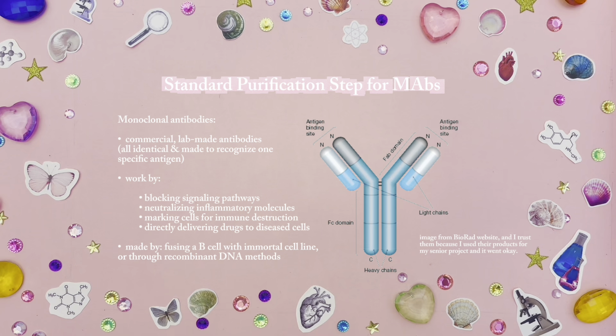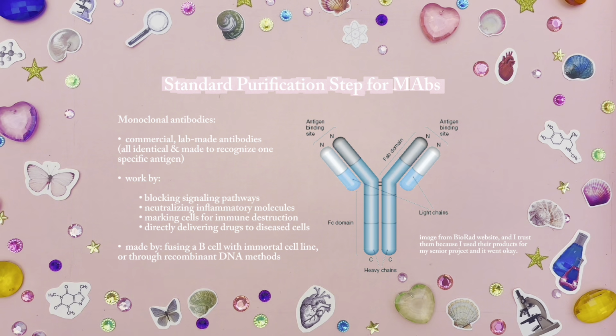regulatory processes in labs. For example, it is used as a standard purification step for monoclonal antibodies. These are commercial, laboratory-made antibodies which are all identical and made to recognize one specific antigen. Monoclonal antibodies work in a few ways. They can block signaling pathways, neutralize inflammatory molecules, mark cells for destruction by the immune system, and deliver drugs to diseased cells. They are usually made by fusion of a B cell with an immortal cell line or through recombinant